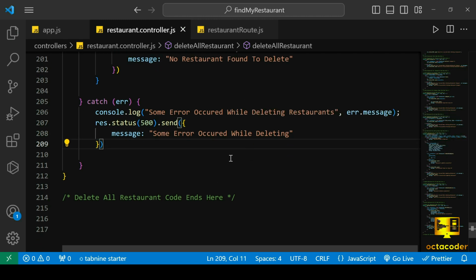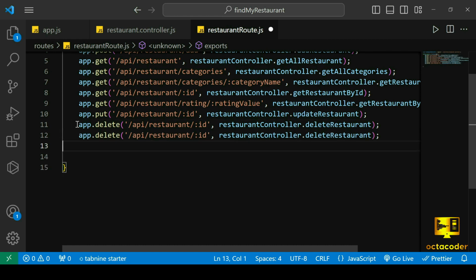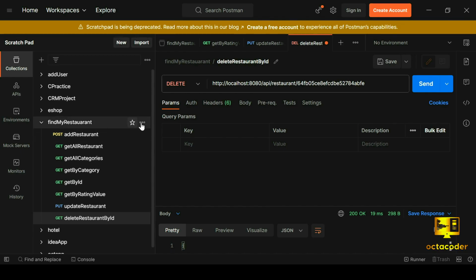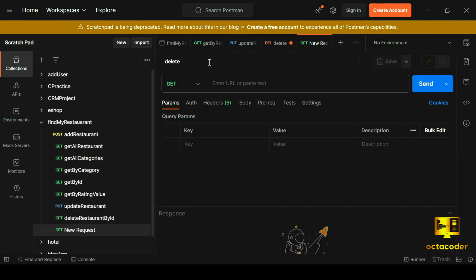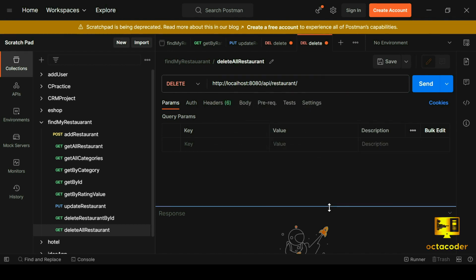So we are done with the code. Now let's write the API endpoint in the routes file. Let's just copy this and paste, and here remove the ID because we are deleting all restaurants, so there's no need for an ID. Okay, change the function to the delete all restaurant function. Save the files and let's start the server again. Open Postman, let's add a new request, give the name delete all restaurant, and for the HTTP method select delete. Okay, and here the API URL until restaurant. Now click on the send button,